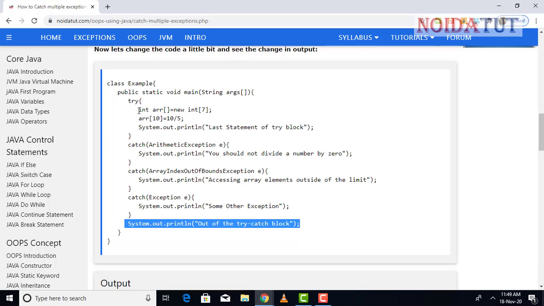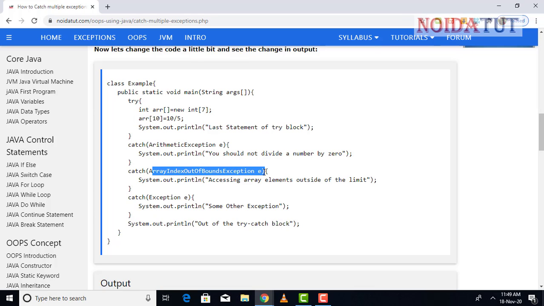Now you can see that in this we have defined only 7, which means a total of 8 values can be inserted in the array. But at one point we are dividing at the 10th position, 10 by 5. It is going to raise the array index out of bound exception because there are only 7 values.